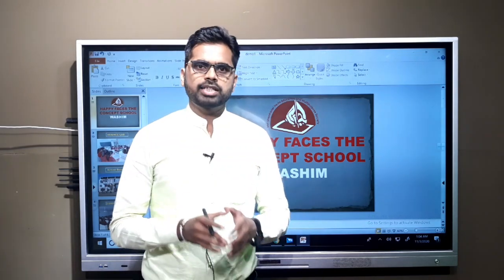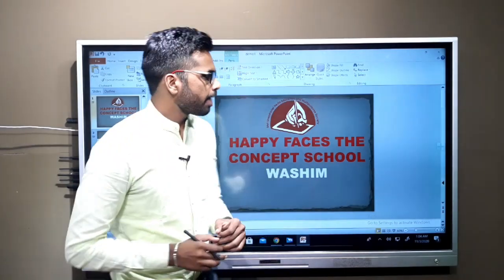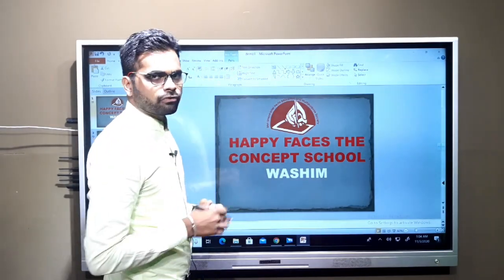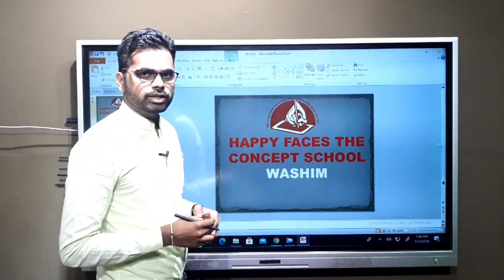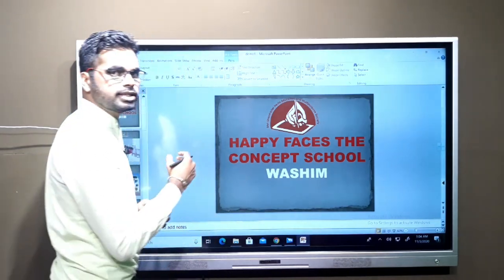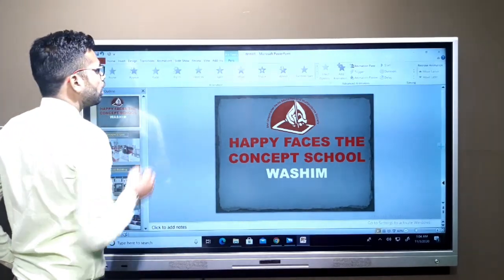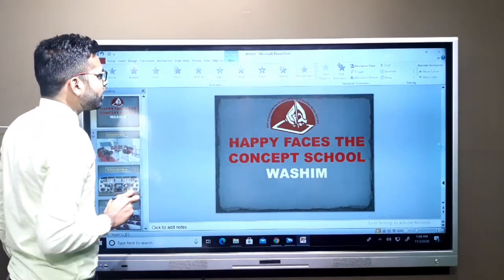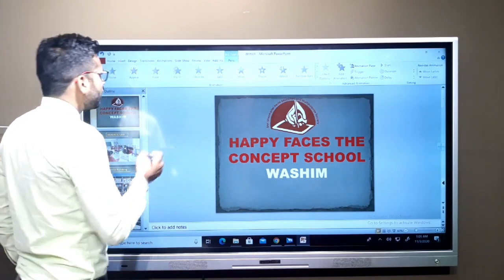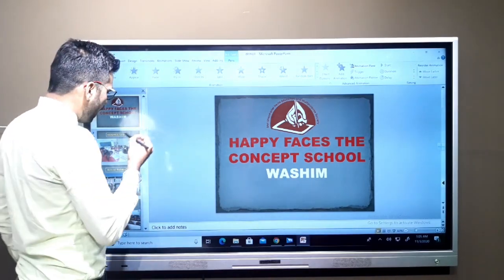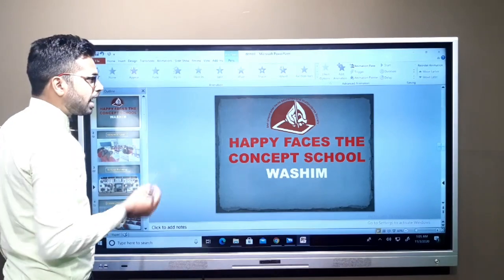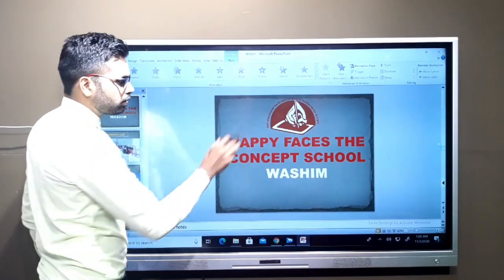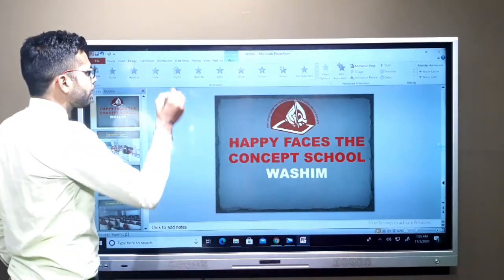In PowerPoint, you can animate the text, image, video or any other objects on your slide. Animation can be used for getting the attention of the audience or for making the slide easier to see. Always remember the difference between transition and animation is that transitions are applied between two slides, whereas animations are applied on the objects in the slide.